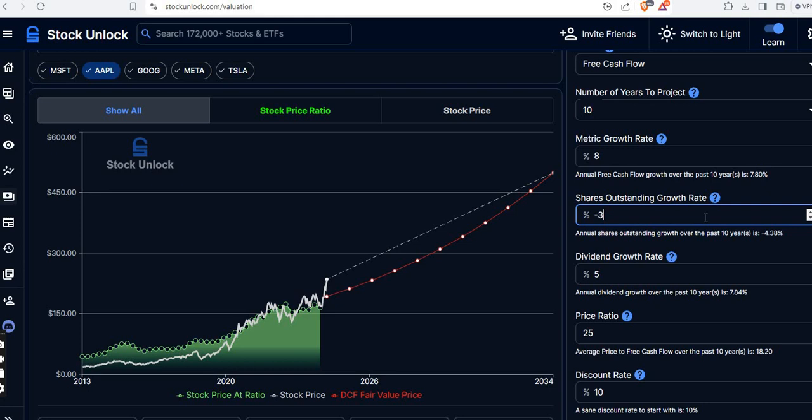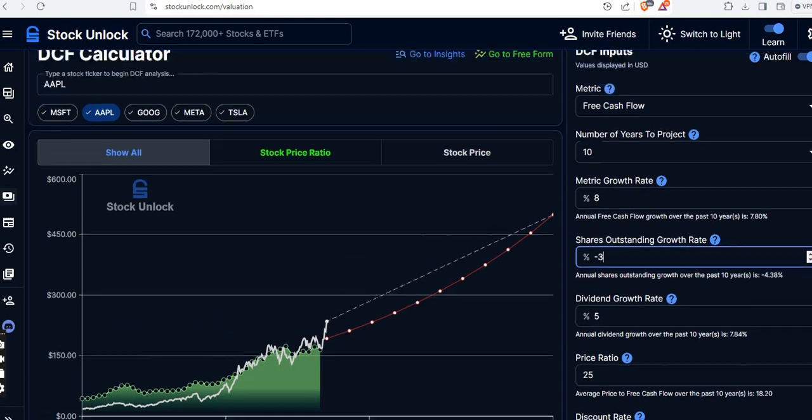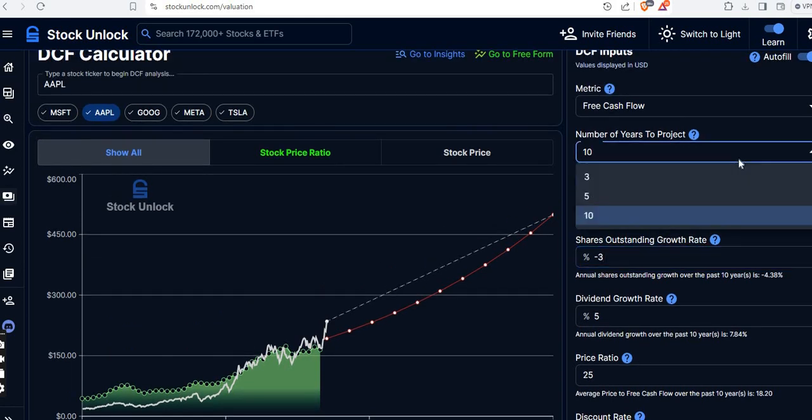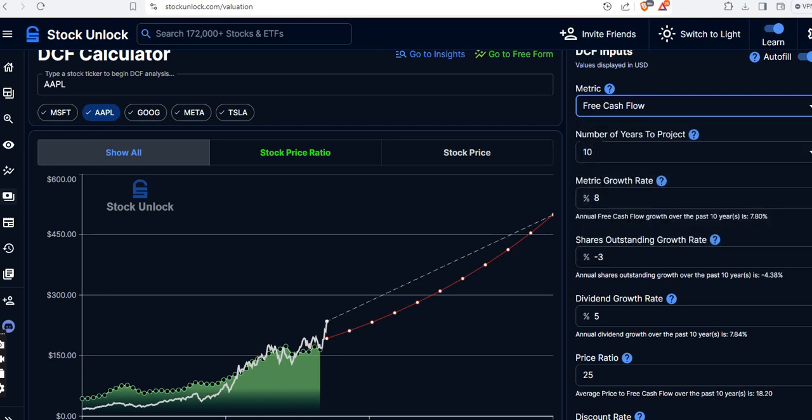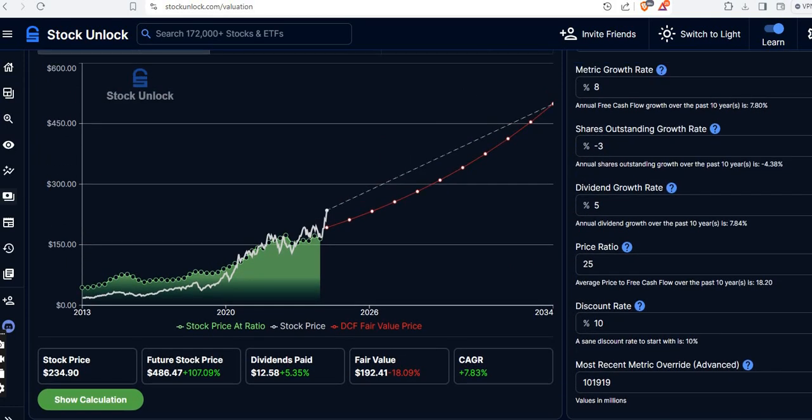Is it going to buy back shares? And if so, what percentage? How much is it going to grow its dividend? And what is the price ratio it's going to trade for? You can adjust this based on 3 years, 5 years, 10 years, based on free cash flow and a bunch of different metrics. And just look at it and see, hey, if that's the case, the fair value of Apple's